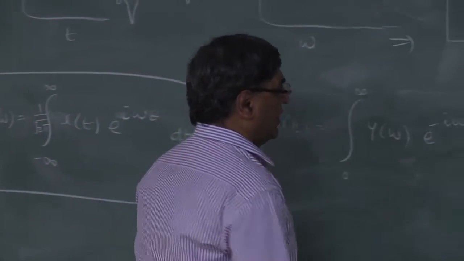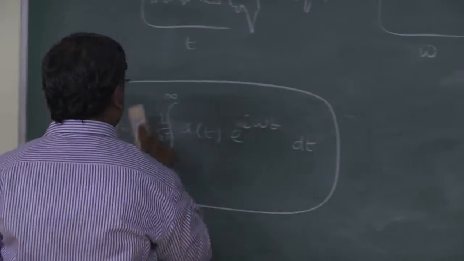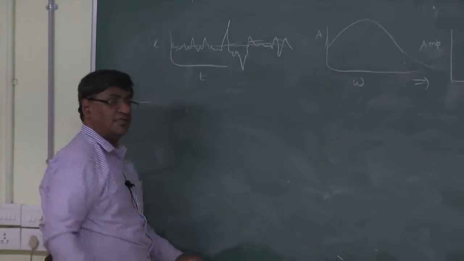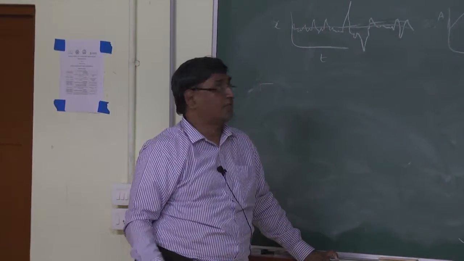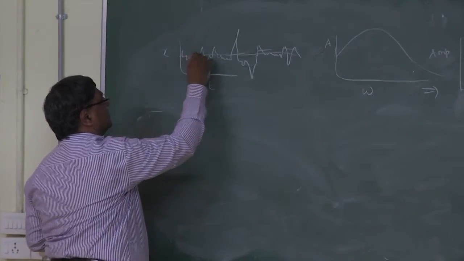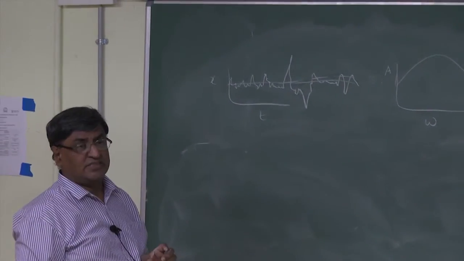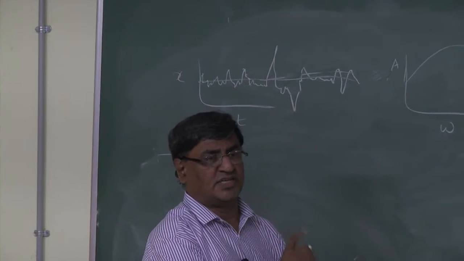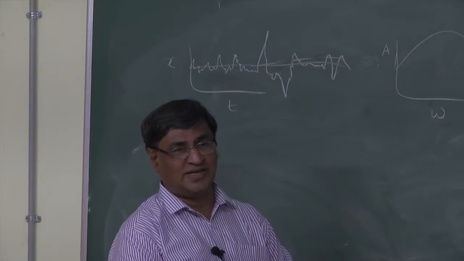Okay. So like this one can think of going from time domain to frequency domain, or frequency domain to time domain. But anyway, this is for a continuous signal, and in our measurements, do we have data in a continuous way? No, we don't. We have only discrete data. So the data we have are all some discrete points. Then the question is, with discrete data, what do we do? So you can do what is called the discrete Fourier transform, DFT. DFT is essentially like a Fourier transform only.